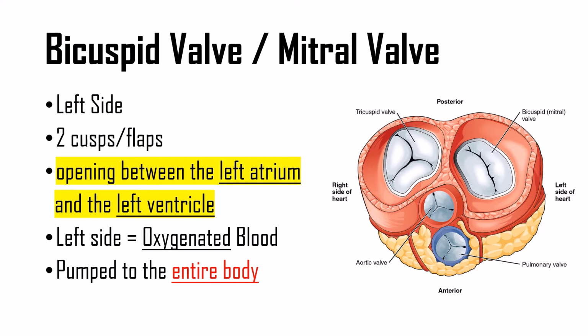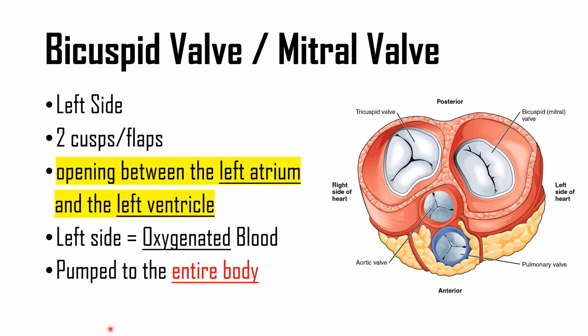Now let's look at the bicuspid valve. The bicuspid valve is on the left side, and it has two cusps or two flaps, and it is the opening between the left atrium and the left ventricle, and these are basically the chambers of the left side of the heart. And we also know that the left side of the heart carries oxygenated blood, and this oxygenated blood